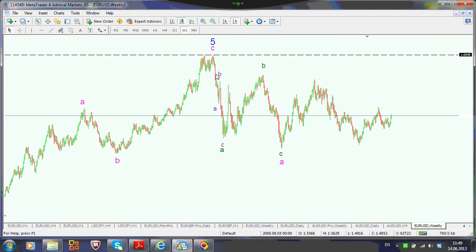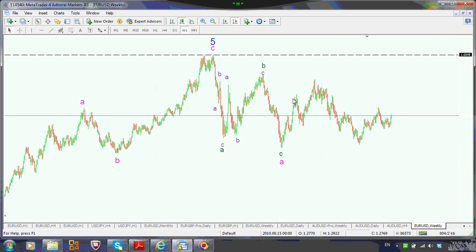And if you measure the length of wave A and you put it on top of the B wave here, you are actually seeing that C purple and A purple have almost the same distance, and that makes a nice ABC for a zigzag here. So wave A of a higher degree, green, probably done here. And then looking for A, B, and C here,